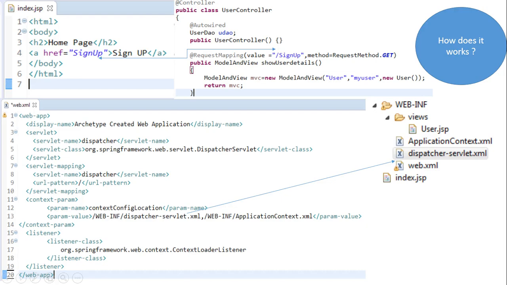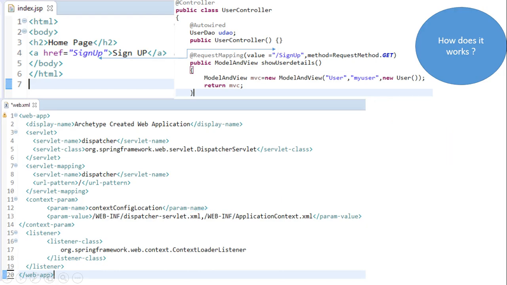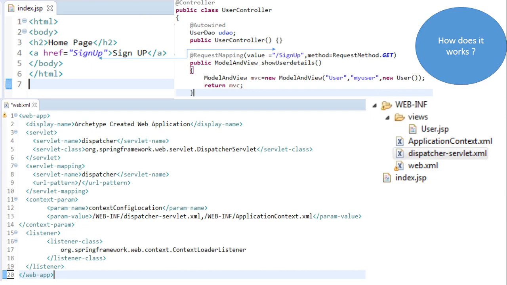And how does it work? When a user hits the sign up page, the front controller, as shown in the picture, the web INF dispatcher servlet, will go to the dispatcher.